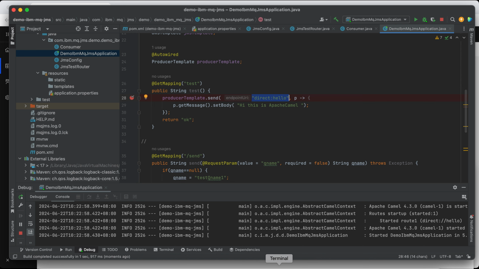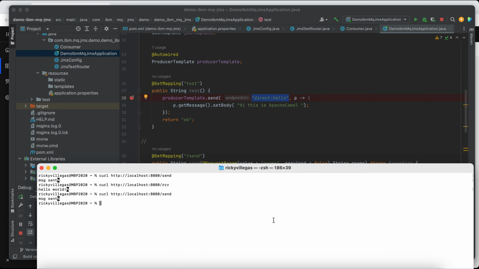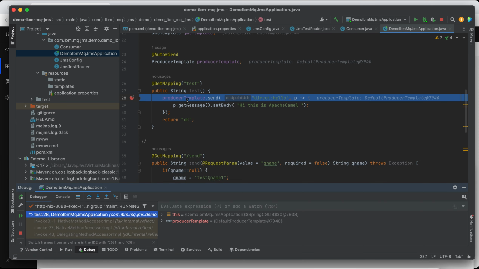So this time we hit the test endpoint, this one, to ask Apache Camel to send a message to JMS. Take note, producer template is an Apache Camel API. We're using this to send a message to JMS.